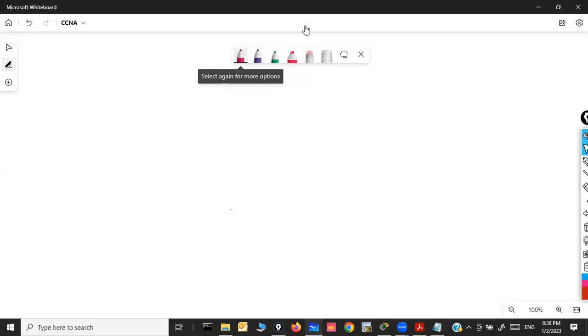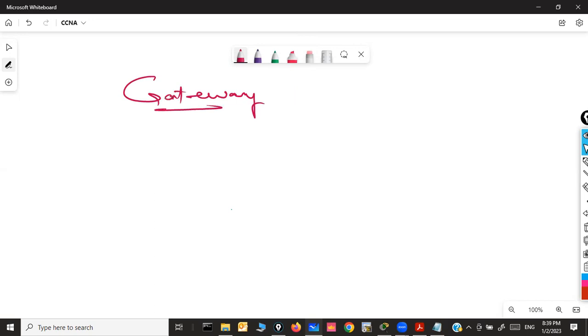And another concept, just a high level overview. I want to give you the gateway or default gateway. What is a gateway? What exactly does a gateway do in a network? Or what is the role of a gateway? So far we have discussed that